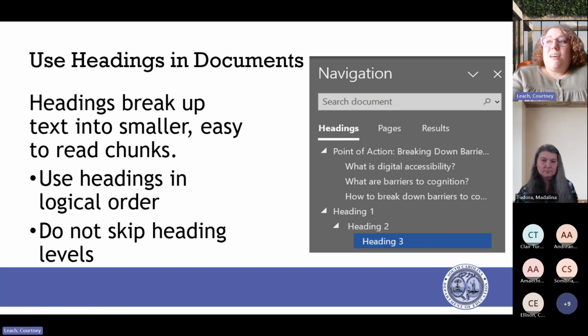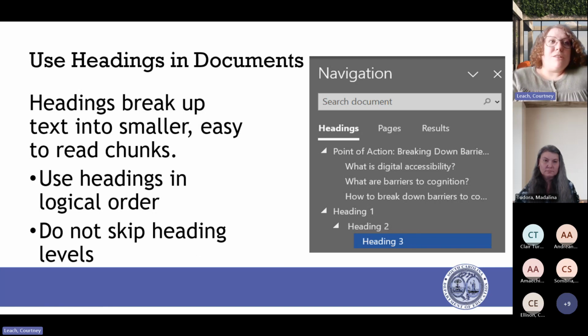Also, using headings in documents. The headings break up text into smaller, easier to read chunks. This helps everyone, but specifically those students with visual disabilities.